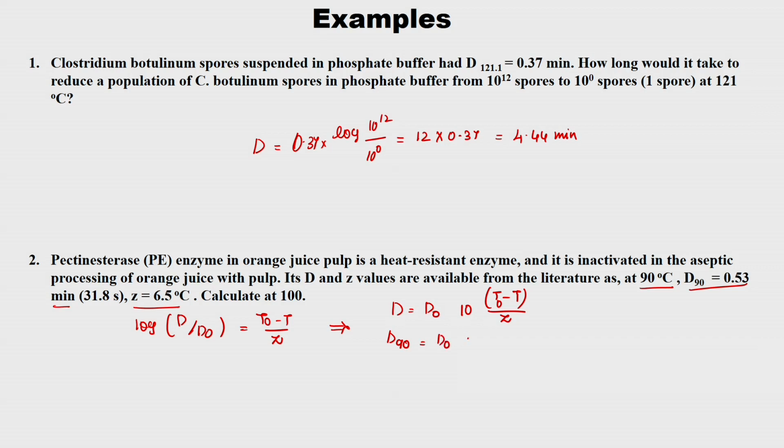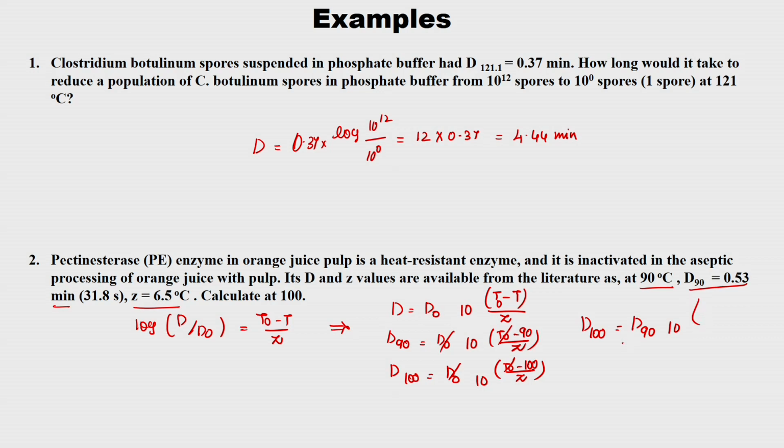So, D naught 10 to the power of (T naught minus 90) upon Z. Then D at 100 is nothing but D naught 10 to the power of (T naught minus 100) upon Z. What I wanted is D at 100, so that is nothing but D90. The same reference value will go, so this is nothing but 10 to the power of